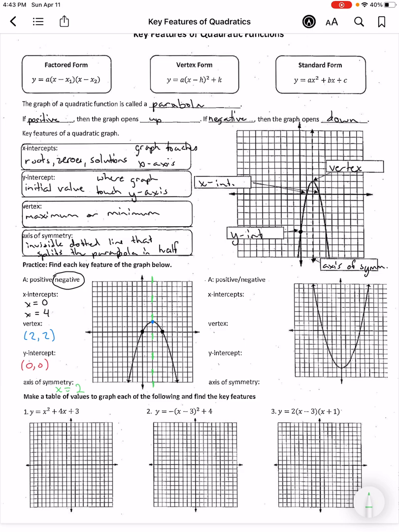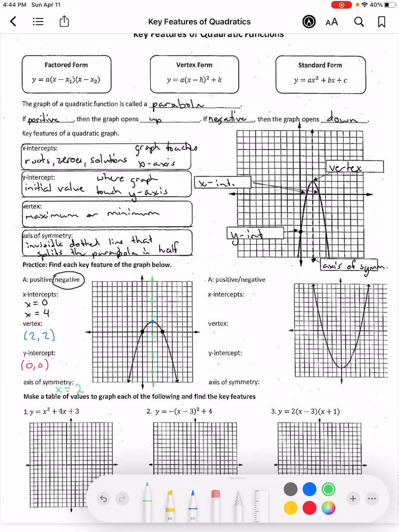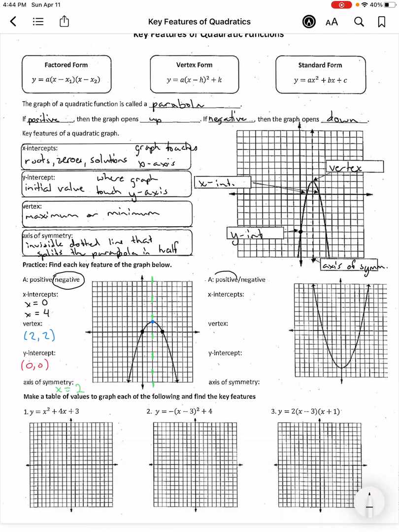Okay, so hopefully you got a chance to look at those. Let's go over those just to make sure. Number 1, this graph is positive. It opens up, so the arrows are pointing up, so it is a positive graph. That's going to help me when it comes to the vertex, knowing that it's either a minimum or a maximum where that's located. All right, going to X-intercepts, like we did before, we've got one right here, which is at